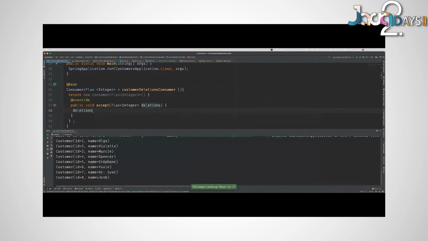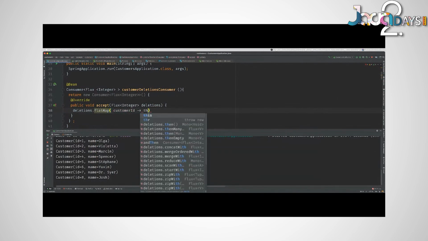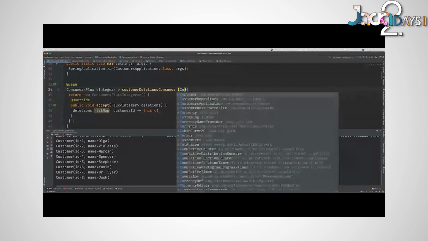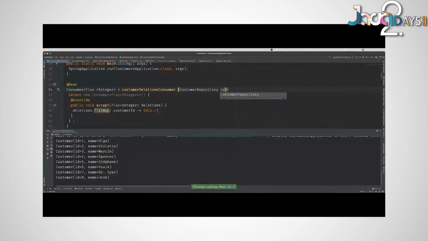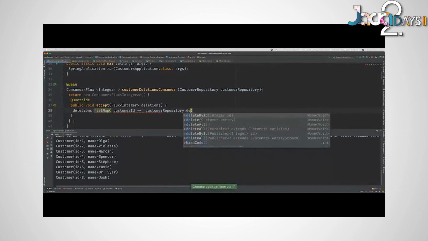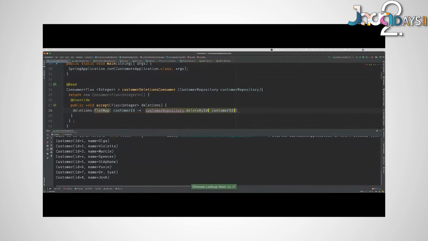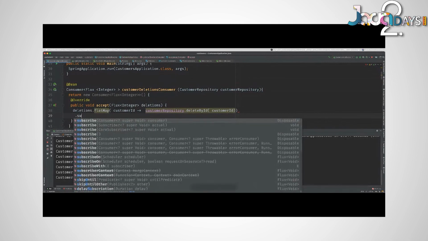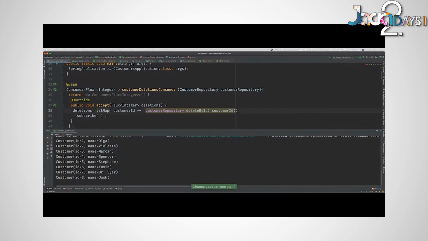You can say, okay, for each deletion, I want to then take the customer ID and I want to call delete on the database. So customer repository delete by ID, customer ID. And then finally, with that done, subscribe, right?